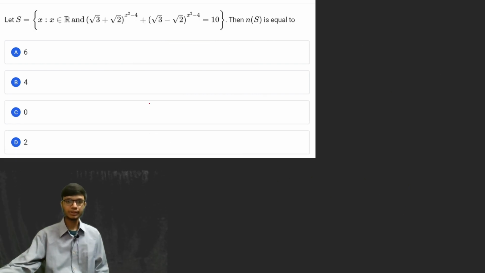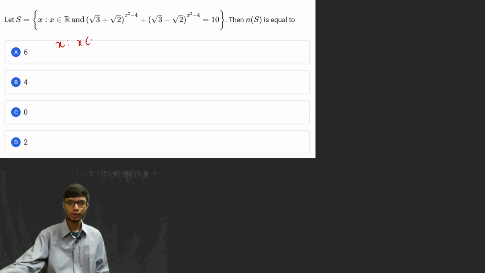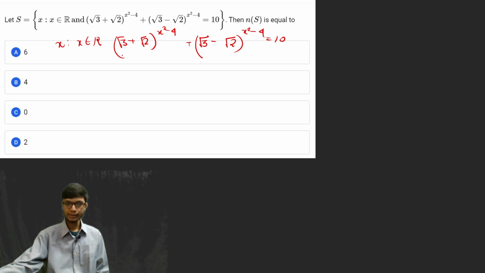Alright, so the next question is an interesting problem. If you look at this problem, it is asking for the set S where x belongs to the real numbers, for which (root 3 plus root 2) whole raised to the power x square minus 4 plus (root 3 minus root 2) whole raised to the power x square minus 4 is equal to 10. Now an interesting thing that you have to note from here is that if you take root 3